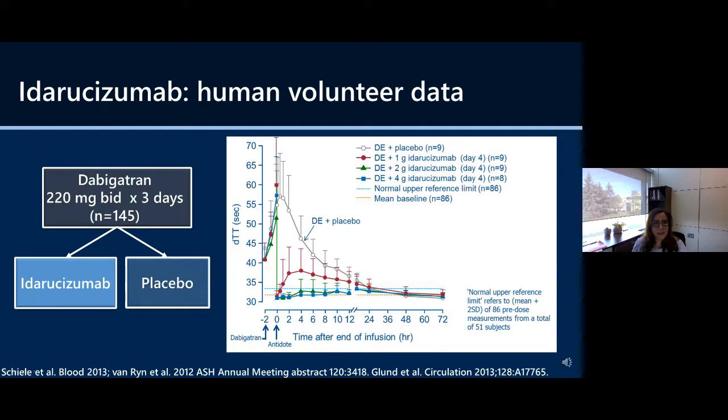And in this human volunteer study, dabigatran was administered to healthy volunteer subjects, and they received, actually, kind of a super-therapeutic dose compared to what we usually use. Regardless, they received Idarucizumab or placebo, and you can see that at increasing doses, this is the dilute thrombin time. After the administration of dabigatran, the dilute thrombin time is high. That's an accurate and reliable test for dabigatran levels. And then with increasing doses of Idarucizumab, that level is normalized back down to baseline,